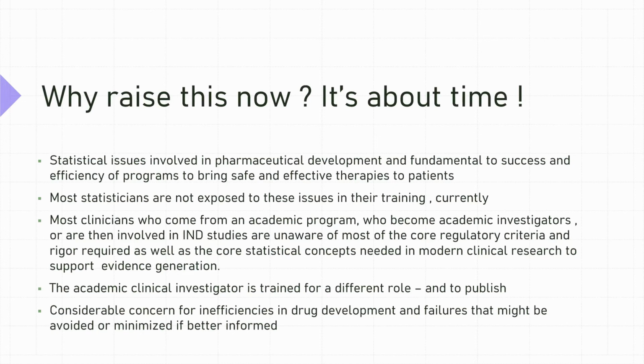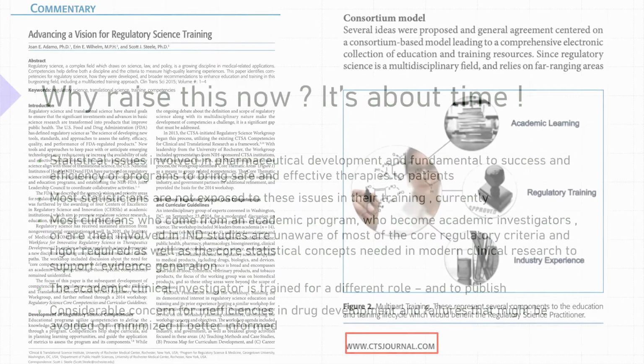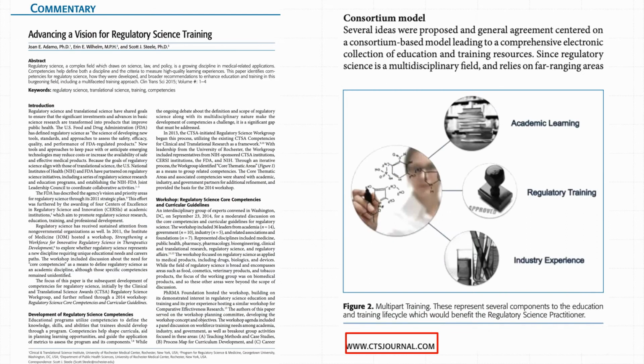So considerable concern for these inefficiencies in drug development and the lack of success and failures that might be avoided or minimized if better informed are the reasons why it's about time to change the culture of the academic teaching of regulatory science. And this particular commentary is not just my view, but it's about the view of this particular